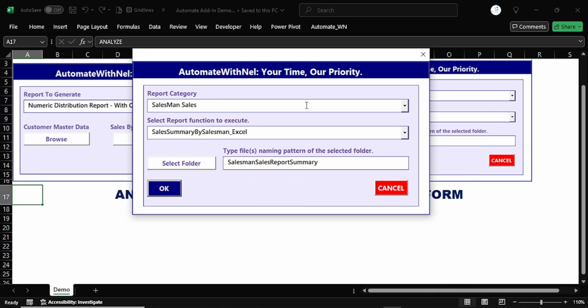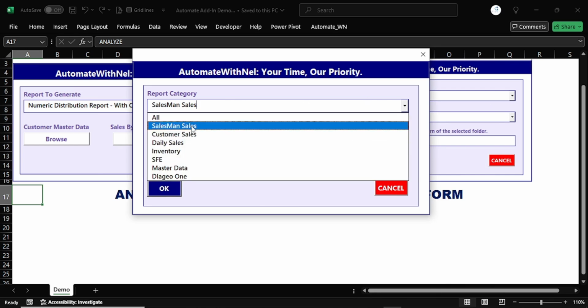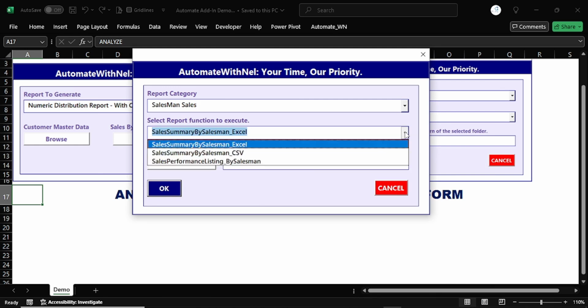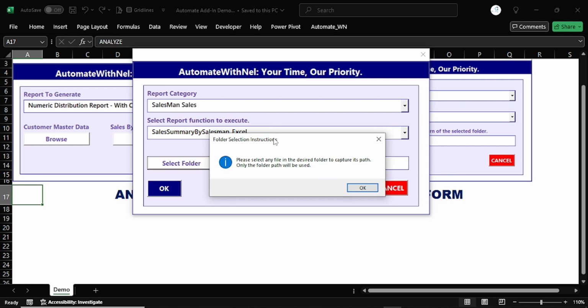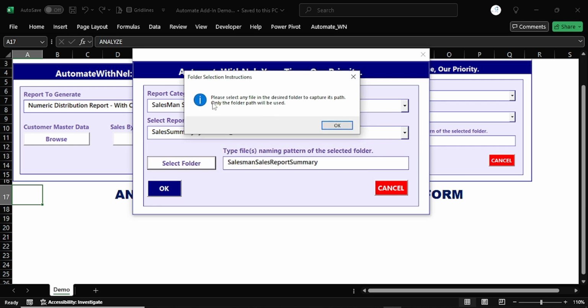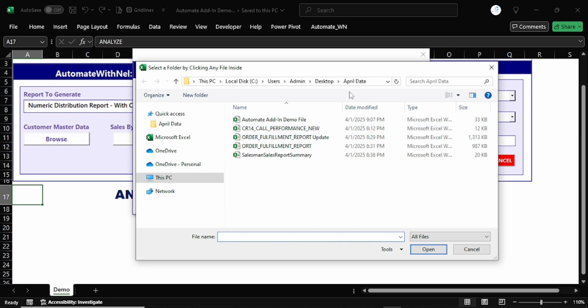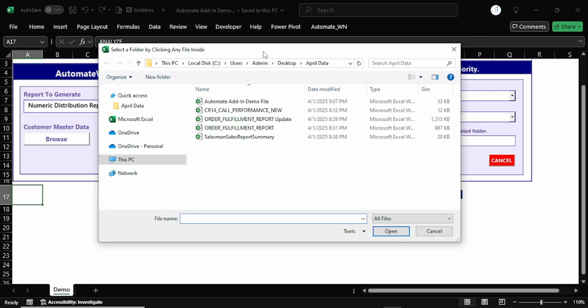The sales summary by salesman is under the salesman sales category. Then under the report function, we are going to choose the sales summary by salesman, the Excel format. Then click on select folder. You get this message that says select any file in the desired folder, so we click OK. Then this folder opens up, and we select the salesman sales report summary. So if I click on that,